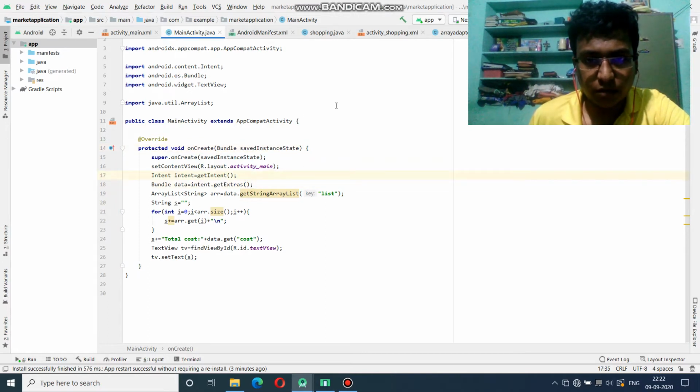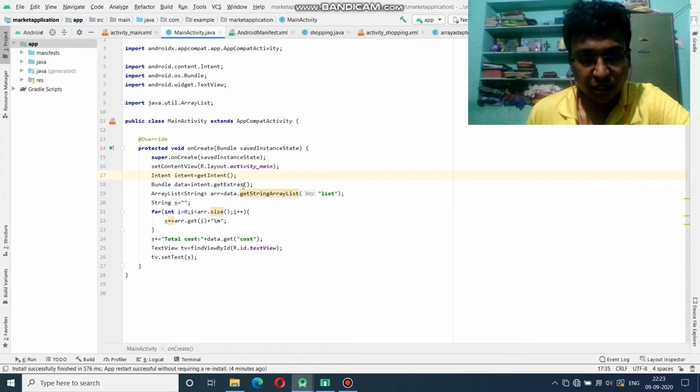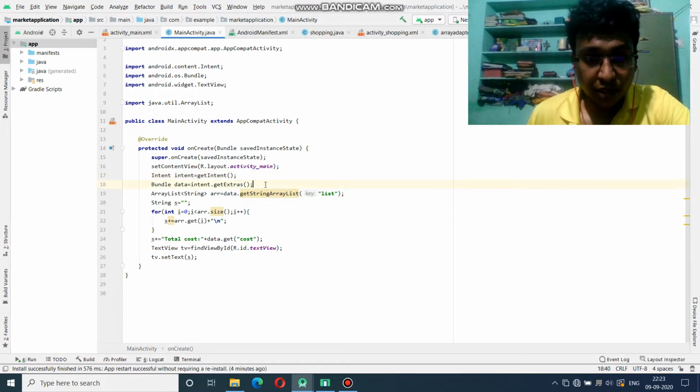In the main activity, we are going to give an intent: Intent intent equal to getIntent, and a bundle: Bundle data equal to intent.getExtras. Here we are going to get a number of data values, so we are giving a bundle.